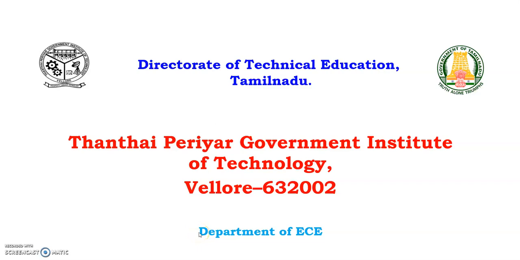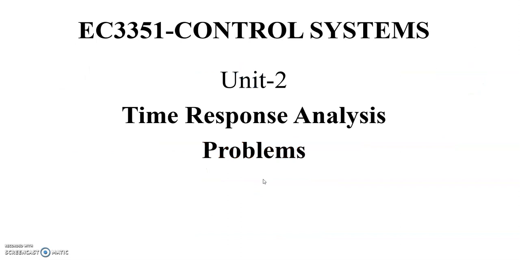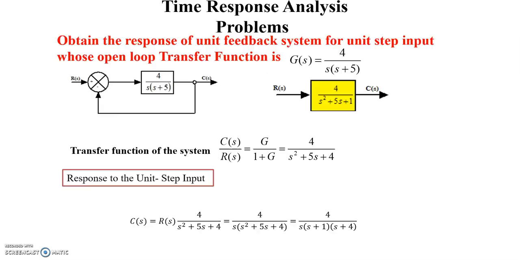Hello everyone. In the last video we discussed the specifications of standard second order systems. Now in this video we see some of the problems related to time response analysis under unit 2 of control systems. The first problem: obtain the response of a unity feedback system for unit step input whose open loop transfer function